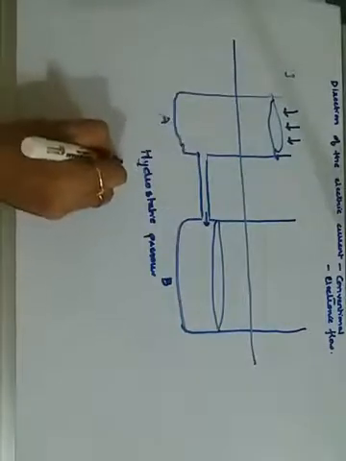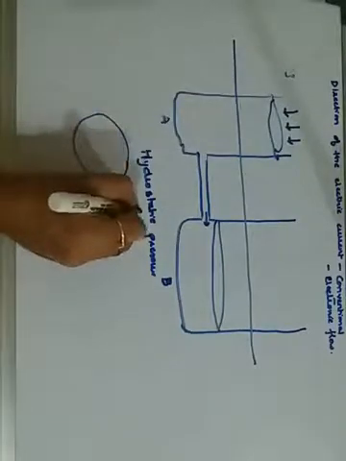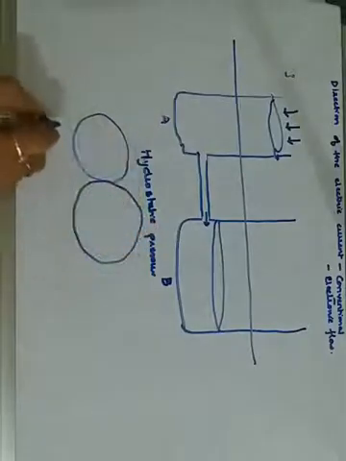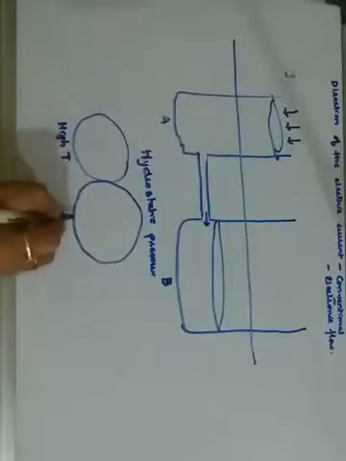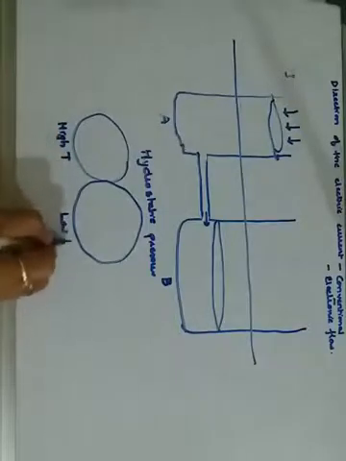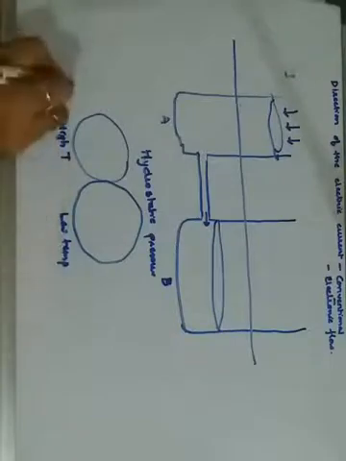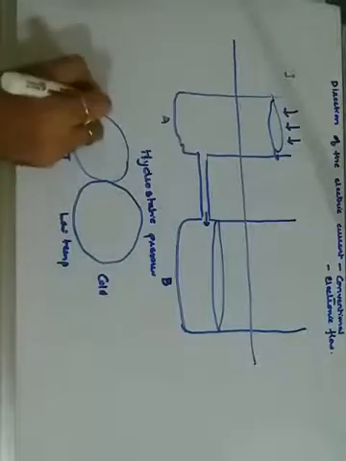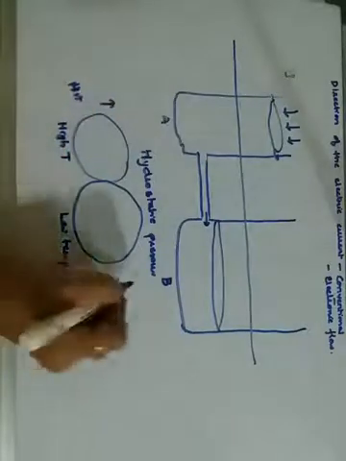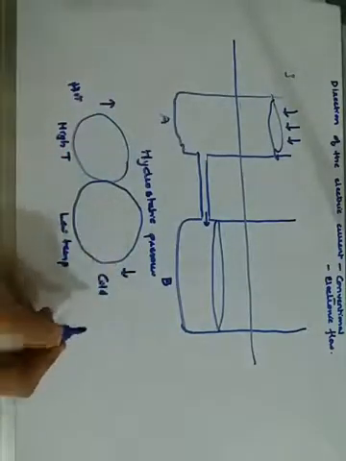If I take two bodies in contact with each other, but one is a body at a higher temperature, and this is at a low temperature. Matlab this is a hot body and this is a cold body, as if hot body and a cold body. So what will happen is, here the heat, higher temperature means here the temperature is higher and here the temperature is lower. So obviously the